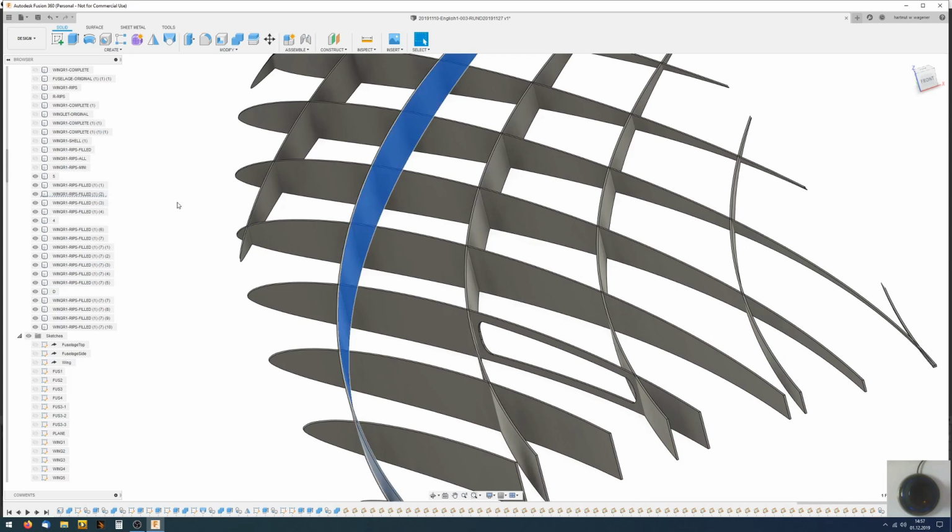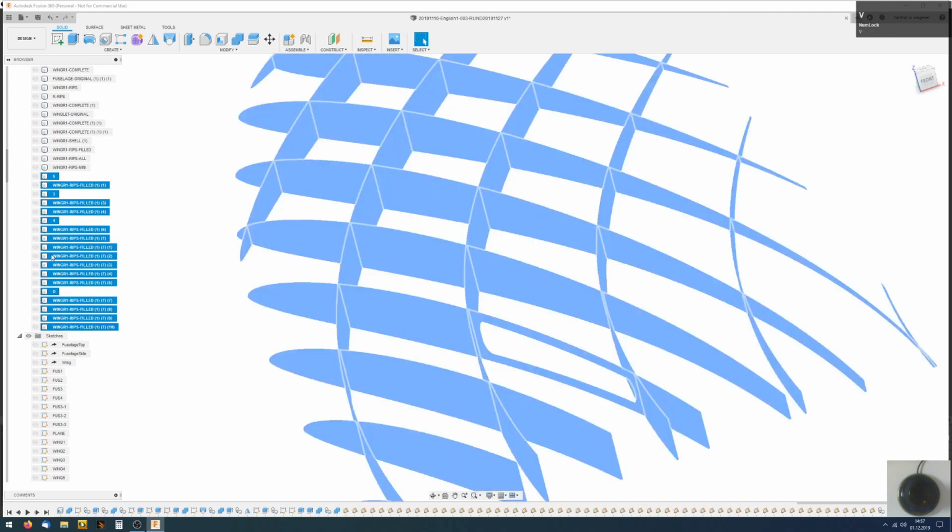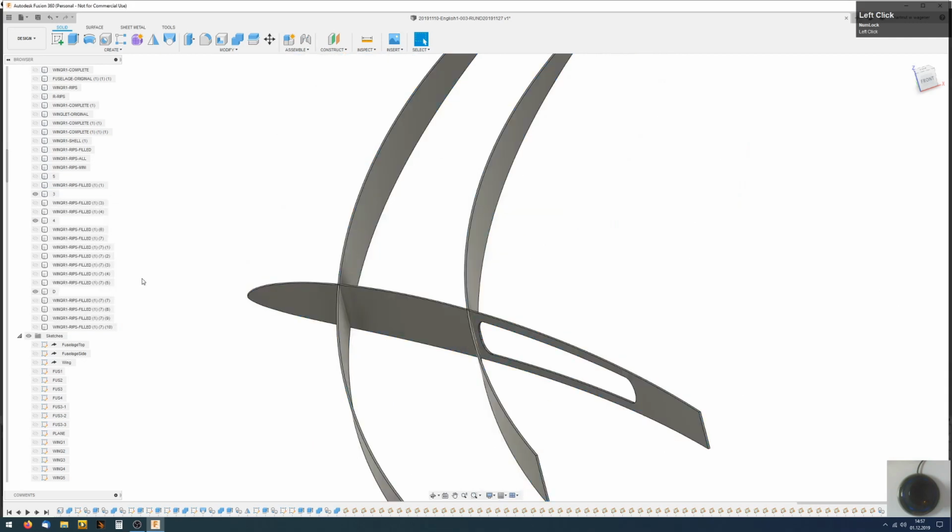It's 3, I think. Yes. This one, yes. It is 3. And I also need this 4. Disable all. Make 3, 4 and D visible again.